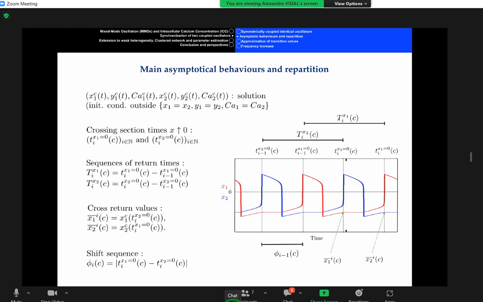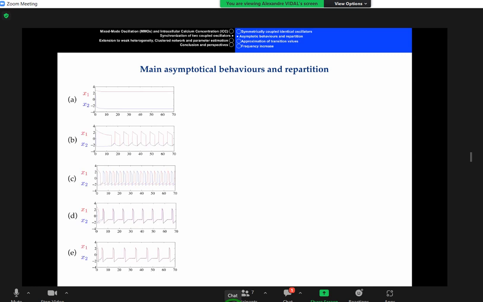And at last, the shift sequence, meaning the time lapse between two peaks of oscillation, but between O1 and O2. Okay. And now we are able to perform the repartition of all these behaviors A, B, C, D, E according to parameter C,